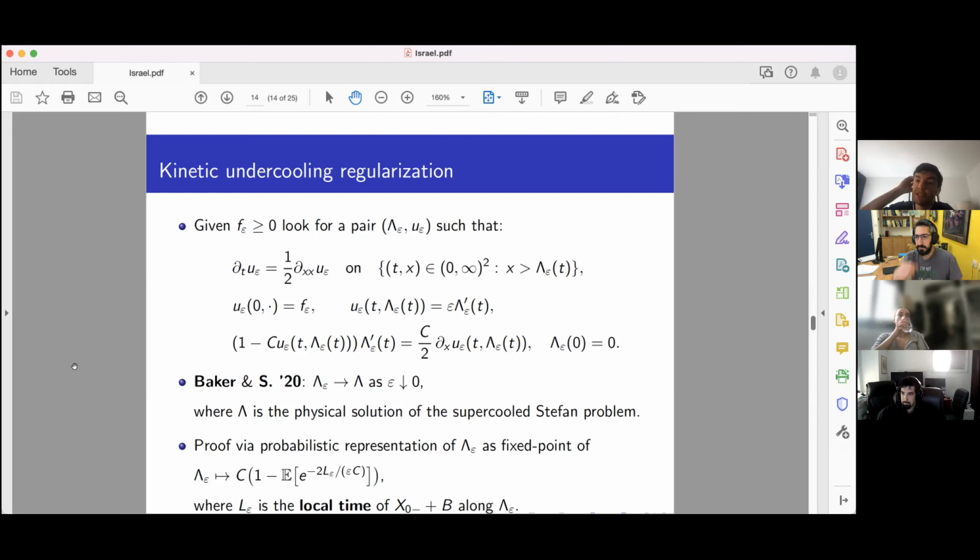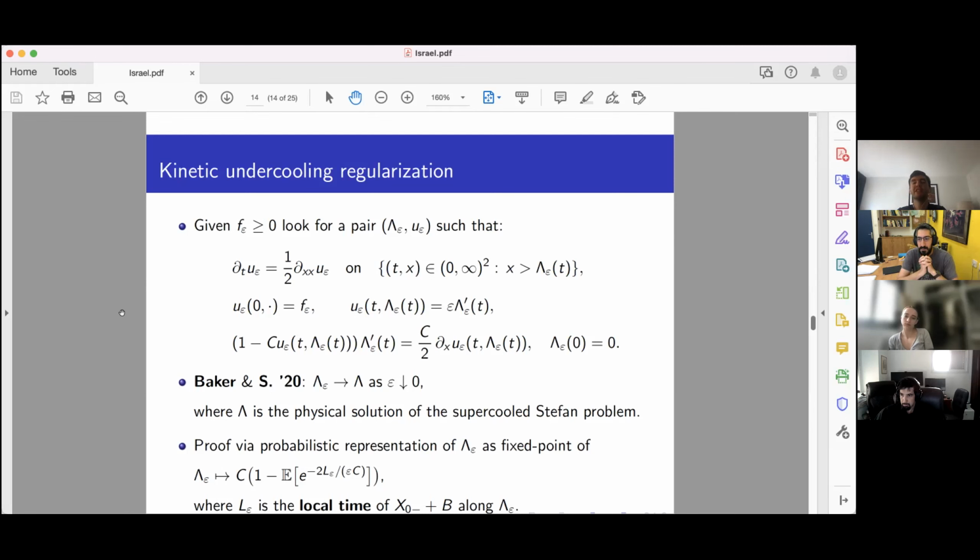Can I ask one more question about the modeling? Why is the heat equation only on one side of the frontier and not on both sides? Yes, we will get to that. It's only for mathematical simplicity. These one-phase problems are just simpler to analyze because they give you a monotone frontier. But in a moment, I'll tell you a few things about two-phase problems as well. In reality, you're absolutely right: the temperature will change both in the ice and in the water, and of course it has a non-trivial effect on how the solidification will happen. I see. Thanks.